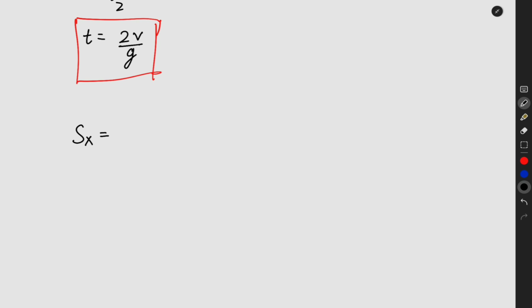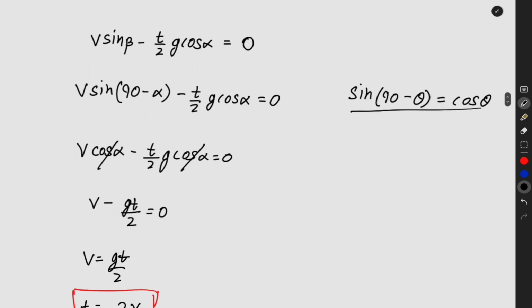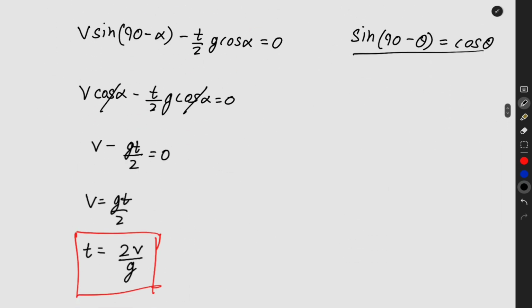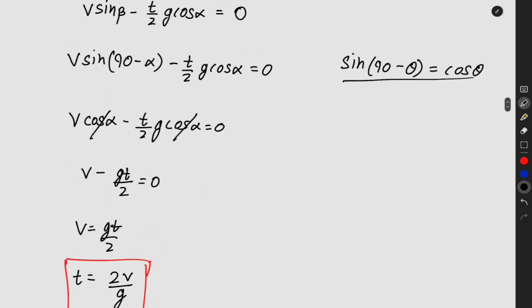So this would be vx times t plus half ax times t squared. We need to find out sx, and we know that vx is equal to v times cos of beta. So v times cos of beta is just sine of alpha according to trigonometric identities I just mentioned here,